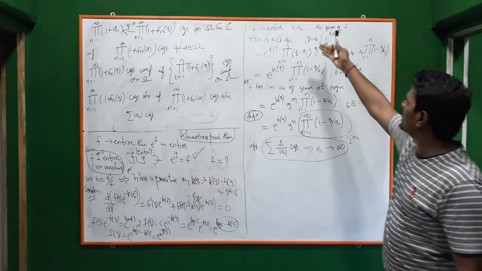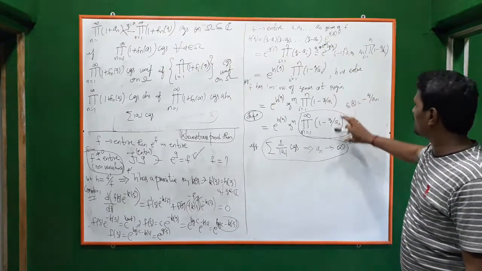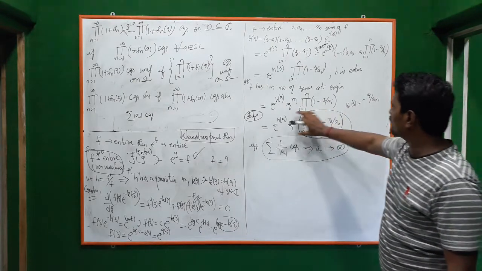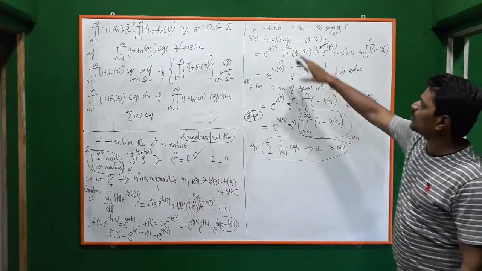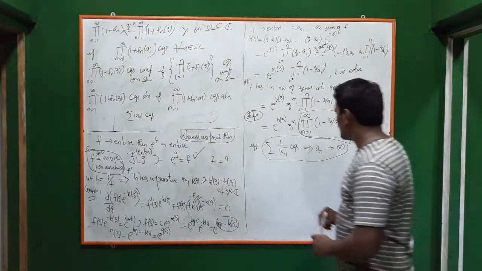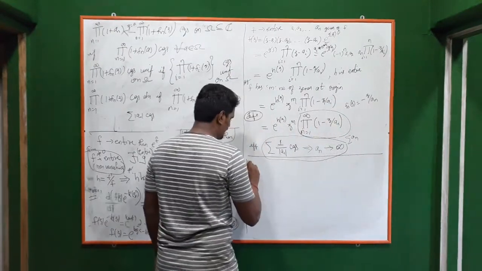In the case of finite, we have nothing to do; we can directly write it. So in the case of infinite, we should have a_n tends to infinity, and prove that such a representation exists for such an entire function. Okay, so now we will prove the Weierstrass product theorem.